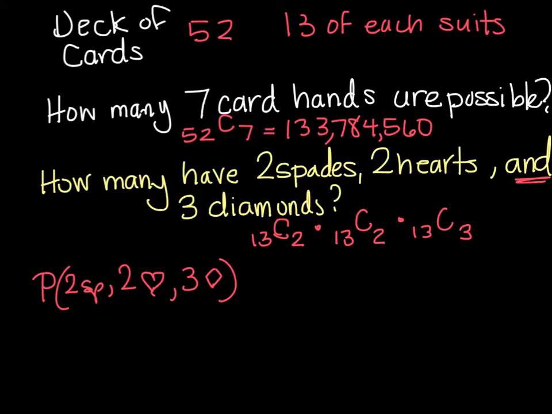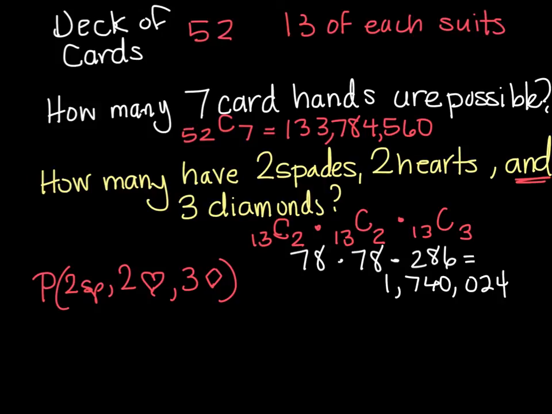Okay, so that's going to be 78 times, same answer here, 78 times 286. Which is 1,740,024. So the probability of getting 2 spades, 2 hearts, and 3 diamonds is